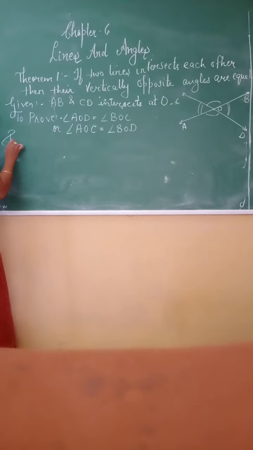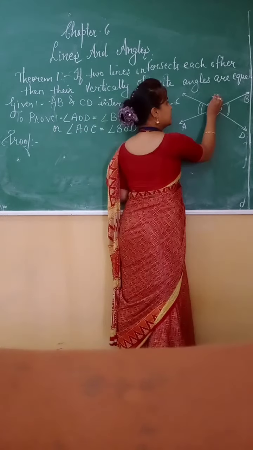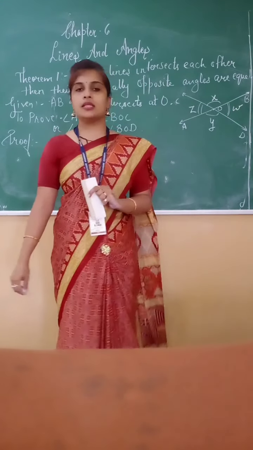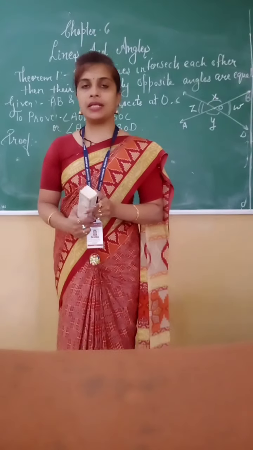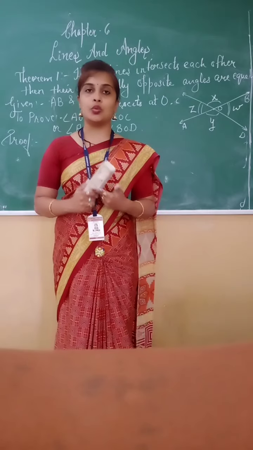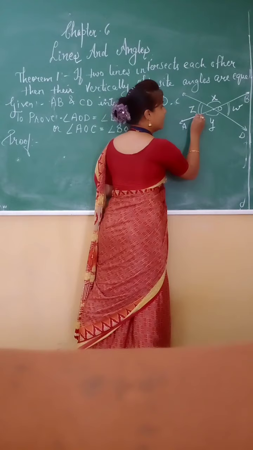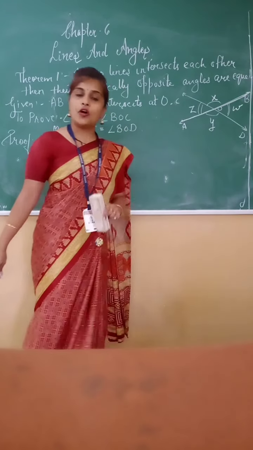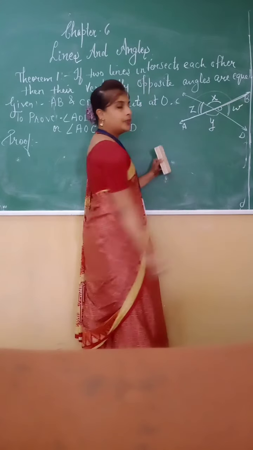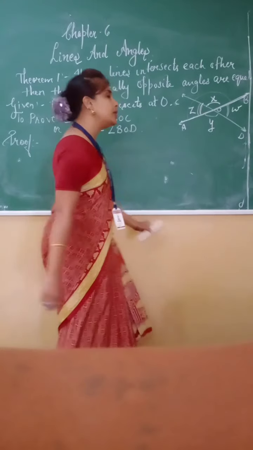For proving it, let us name these angles as X, Y, Z and W. Now see, we have learned the property of a straight line, that in a straight line, the sum of the linear pairs is always equal to 180 degrees. Now here, if we consider that AB is a straight line, so for this AB, angle X and angle Z, these two form the linear pair. Yes, so we can say here that the sum of these two angles is equal.